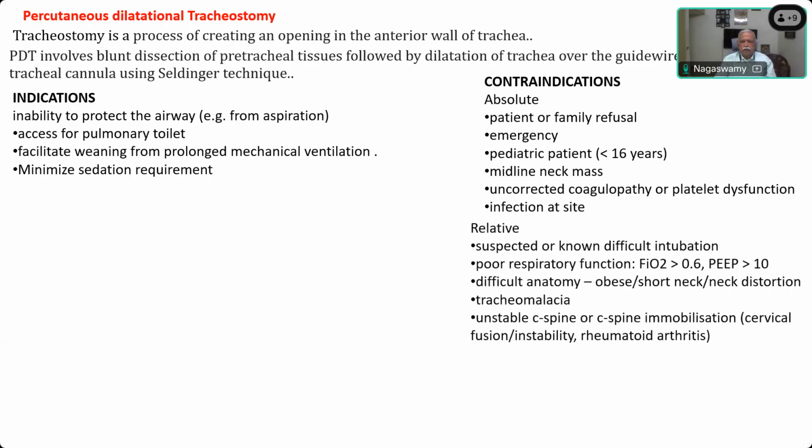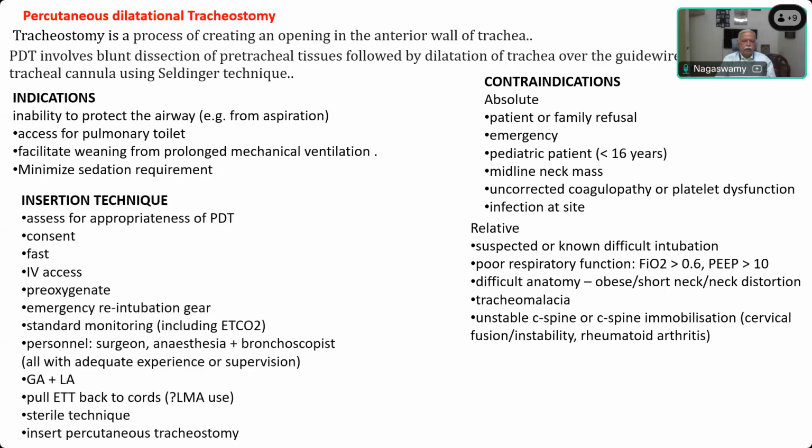Relative contraindications are suspected or known difficult intubation, and poor respiratory function, where even with a FiO2 of 60% and a PEEP of 10%, the patient is not able to maintain oxygen saturation. In patients who have difficult airway anatomy like obese patients, short neck patients, or neck distortion, or post-burn scar contracture patients, it's very difficult to perform this. And patients who have tracheomalacia, they are also a relative contraindication. And patients who have a C-spine injury or C-spine immobilization with a cervical collar or rheumatoid